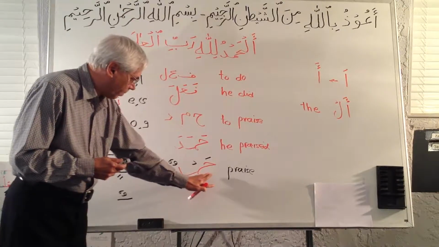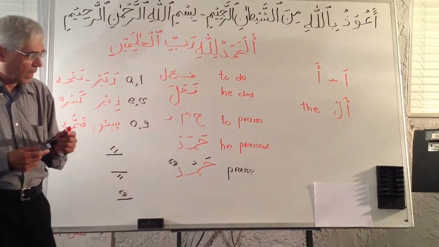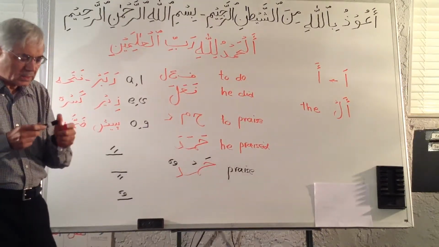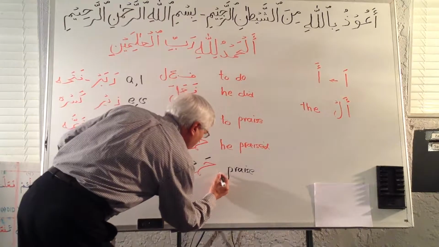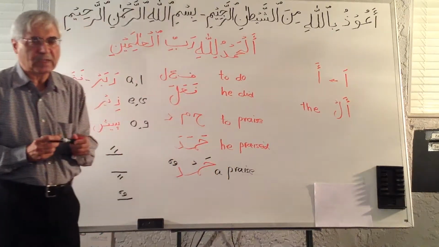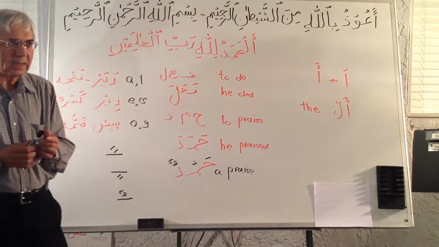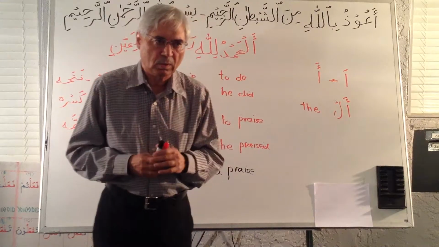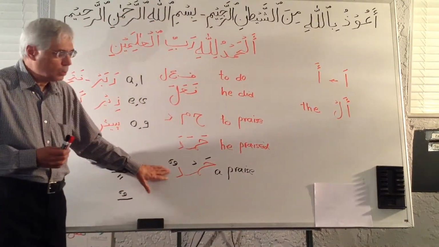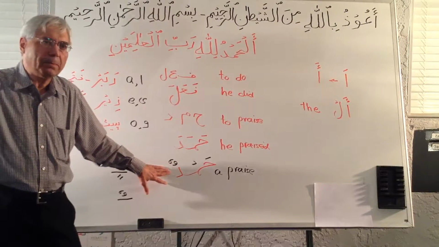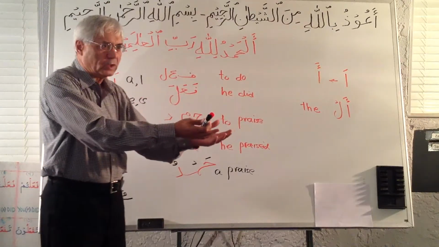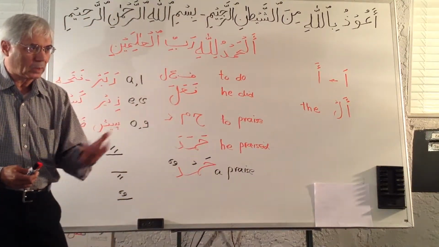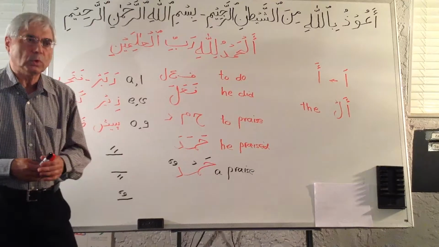We had the word hamdun, and always when there is a noun with two dhammas, it is praise. It's always the meaning of a. Kitabun means a book, one book, any book. Hamdun, a praise or any praise. If you are admiring your child, you are doing a praise of the child. That is called hamdun.